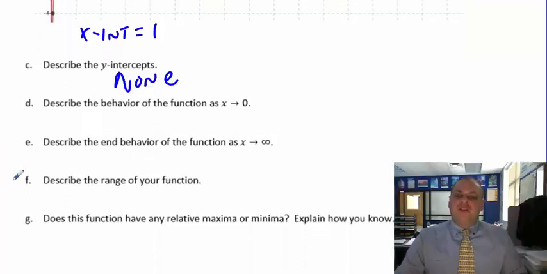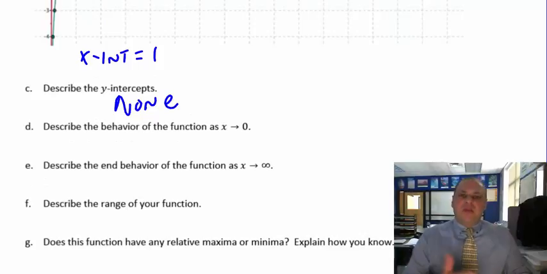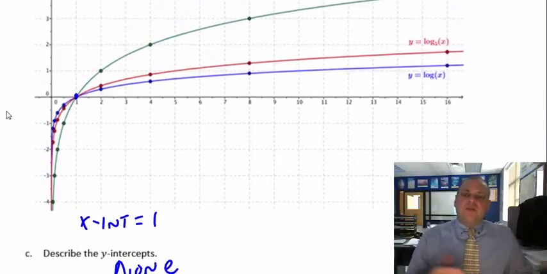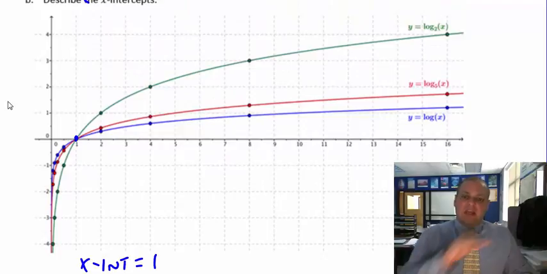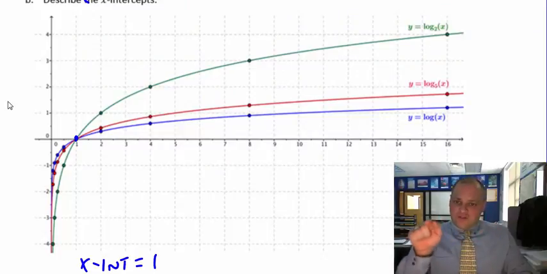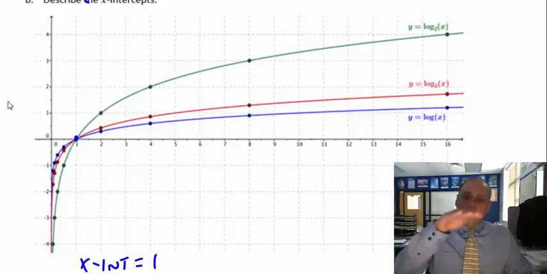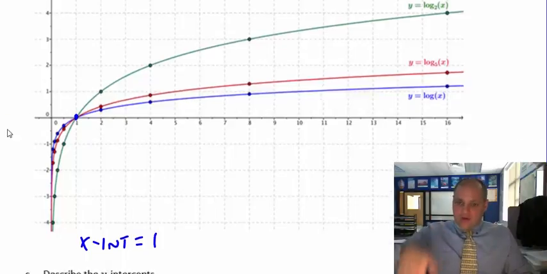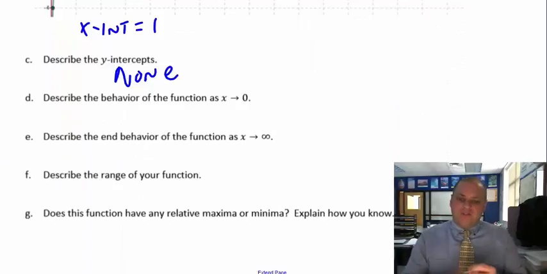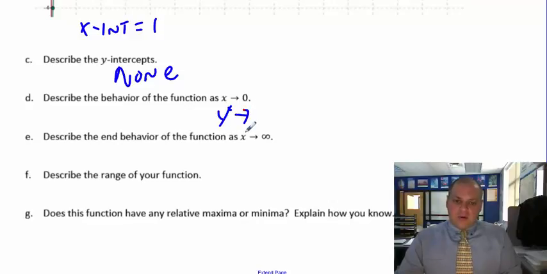The behavior of the function as x approaches 0. So that's our end behavior. End behavior used to be x to negative infinity and then to infinity, but this actually doesn't go to negative infinity. It goes to 0, right? So as x goes to 0, what does the y do? Well, y goes down forever, so y goes to negative infinity. So we're going to put as x goes to 0, y approaches negative infinity, and then as x approaches infinity,